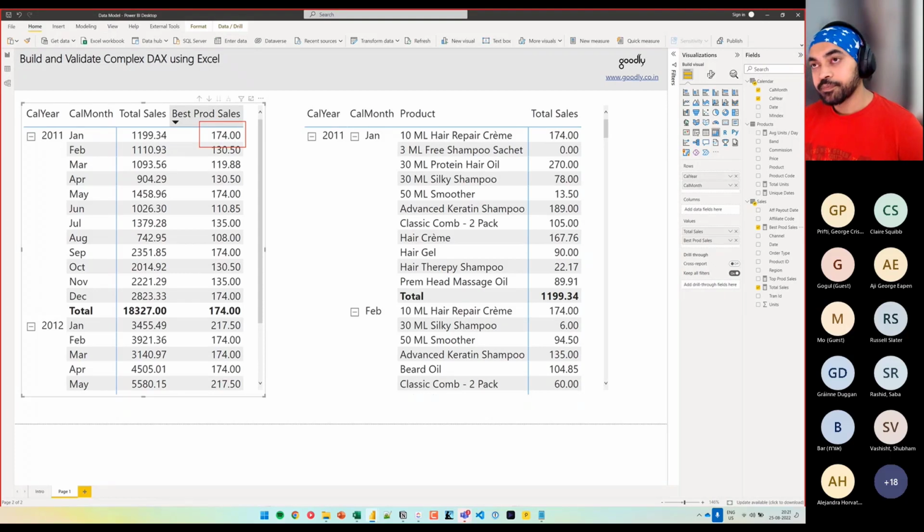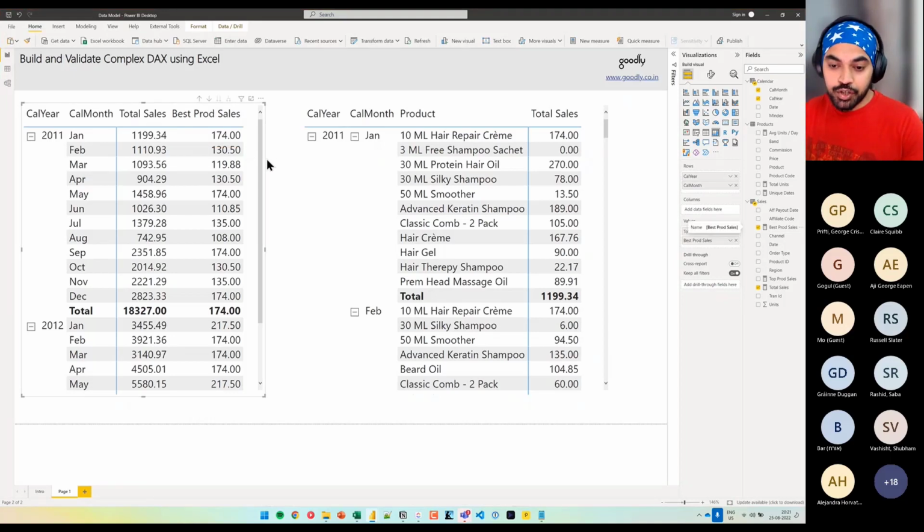Now, this obviously isn't right. Before I go ahead and start to solve the problem, I want to teach you how to debug problems using Excel. So let's step back for a moment